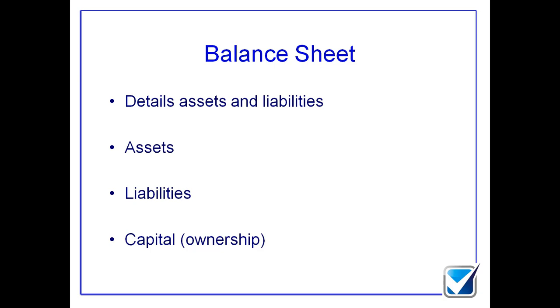What it also does is denote an ownership interest, and the ownership interest is denoted via the capital accounts. Okay? And we're going to go through these various elements of financial statements, these assets, liabilities and capital, in a little bit more detail. We'll go through some definitions, show you how we actually work out what these things are, and talk about how we value them as well. So that's my balance sheet, or my statement of financial position.